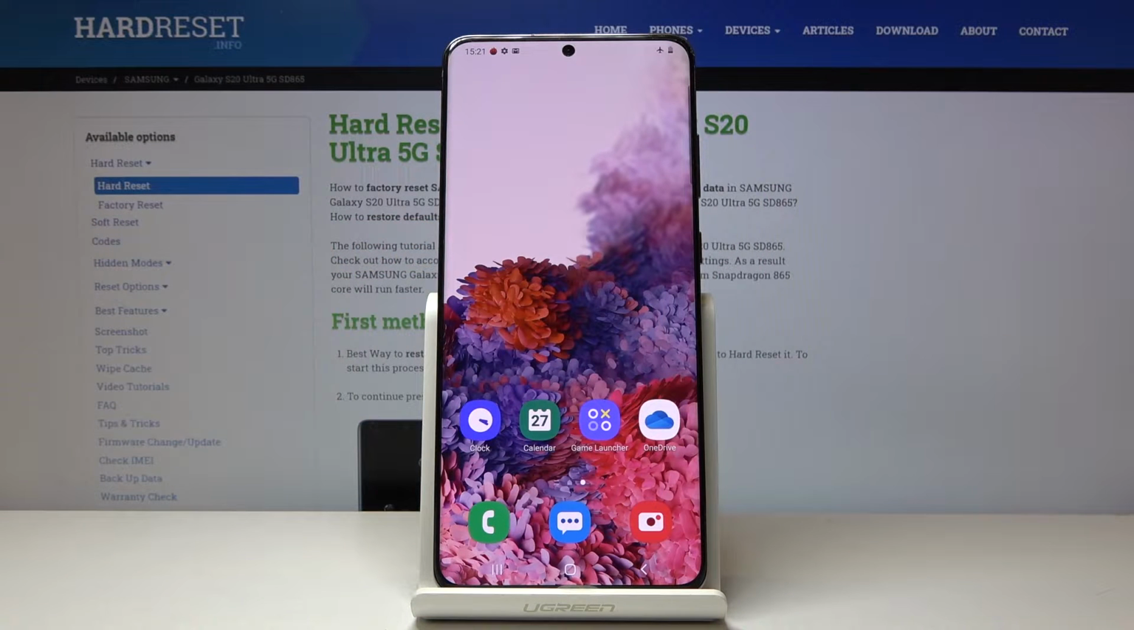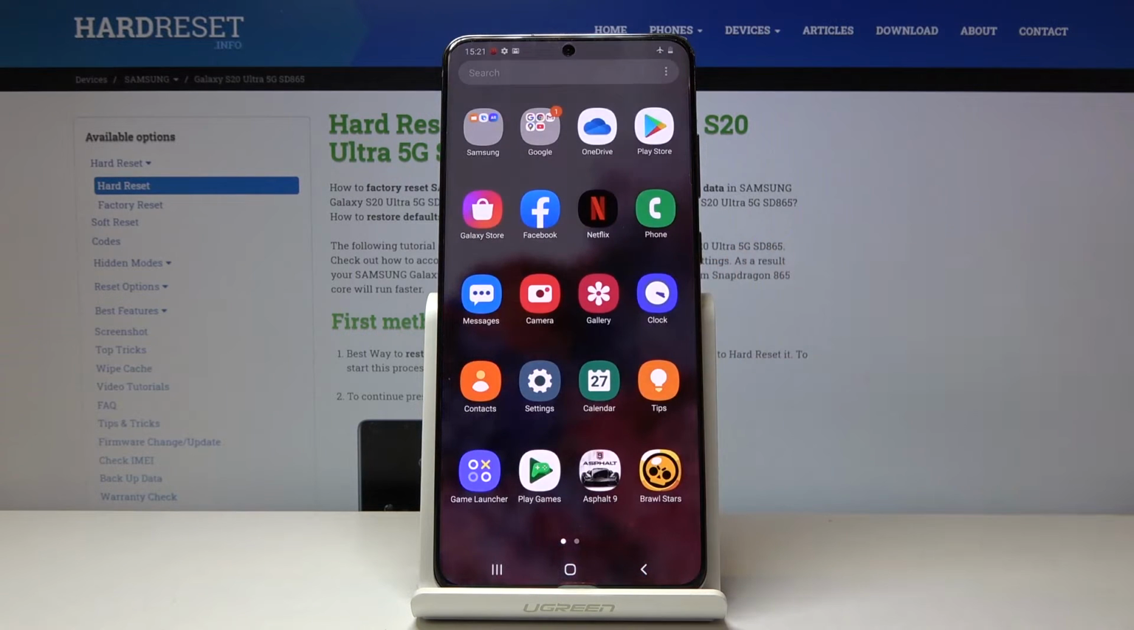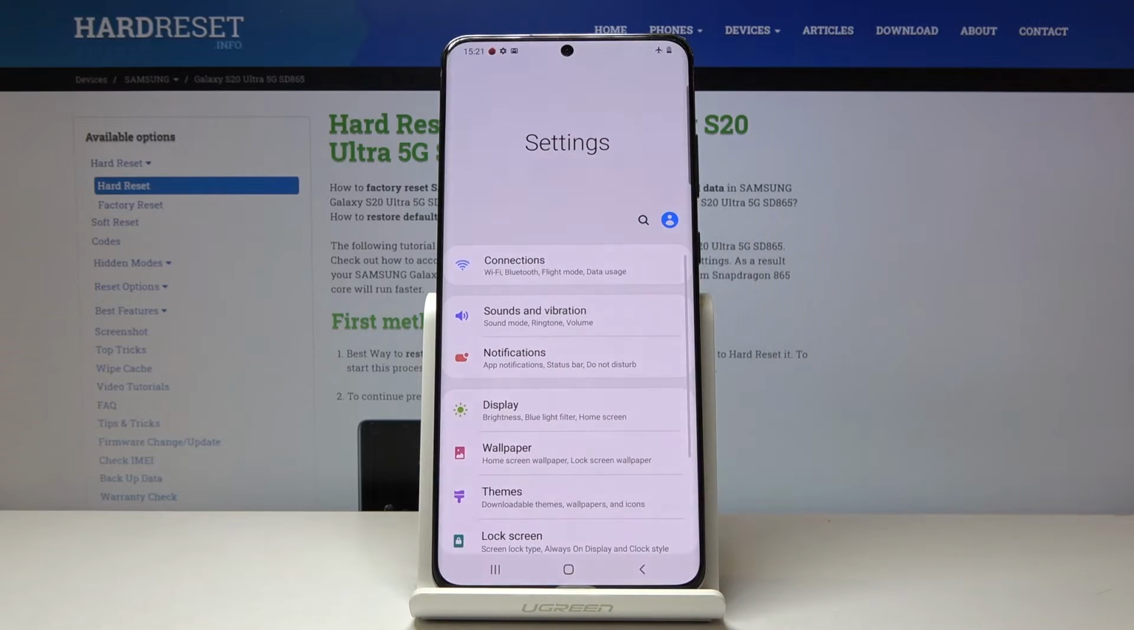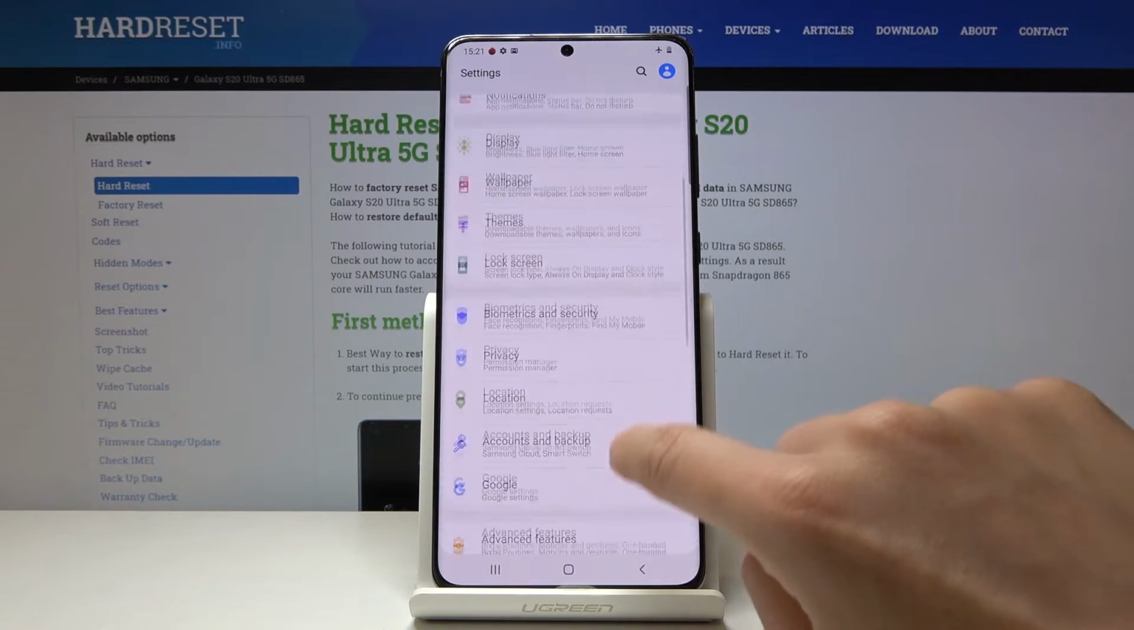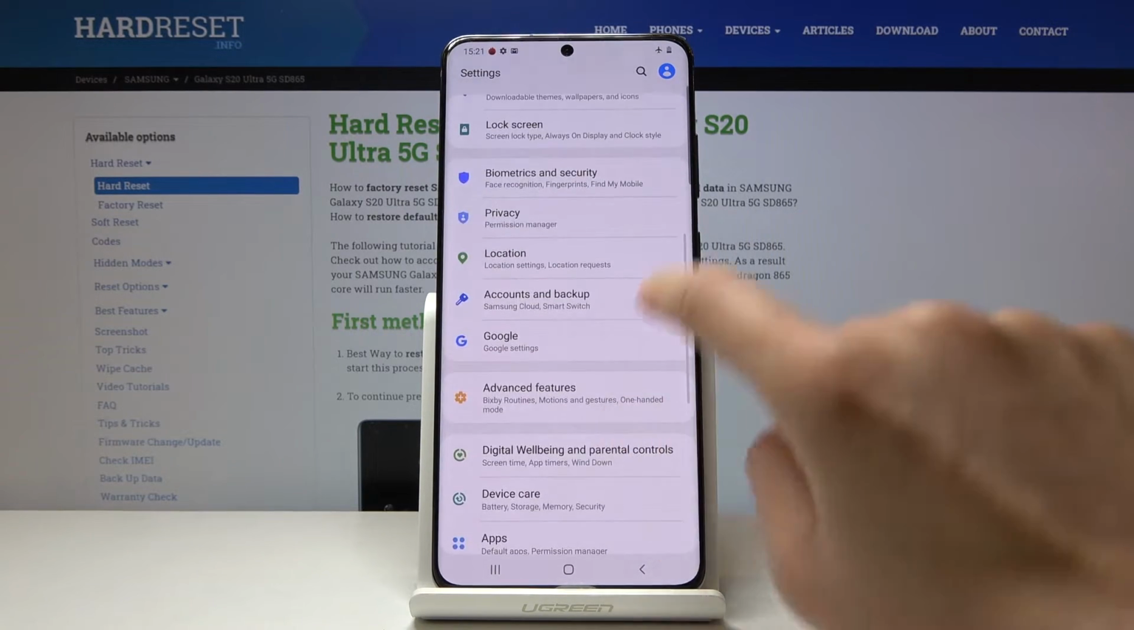Here I've got Samsung Galaxy S20 Ultra, and let me show you how to activate installation of apps from unknown sources on the following device. So at first let's open list of all apps, then find and select the settings, scroll down and select biometrics